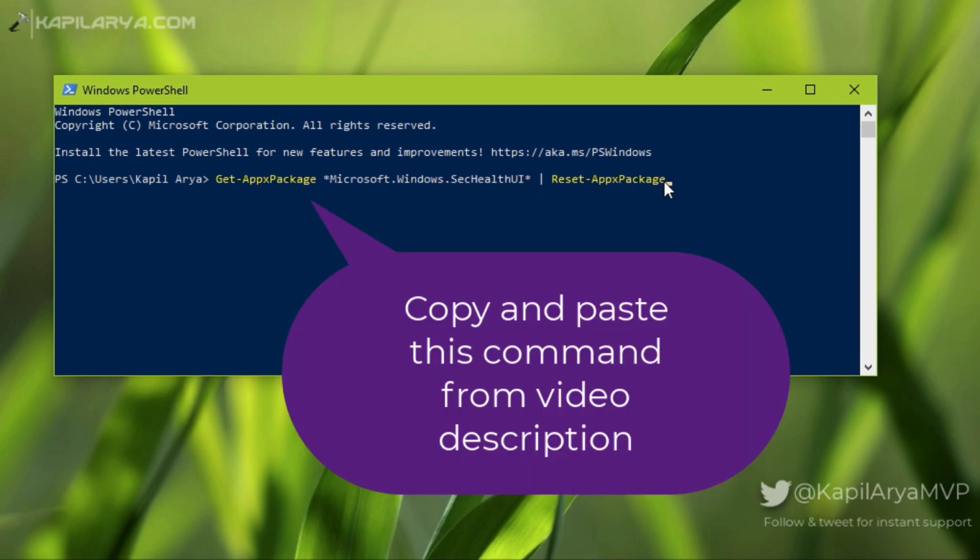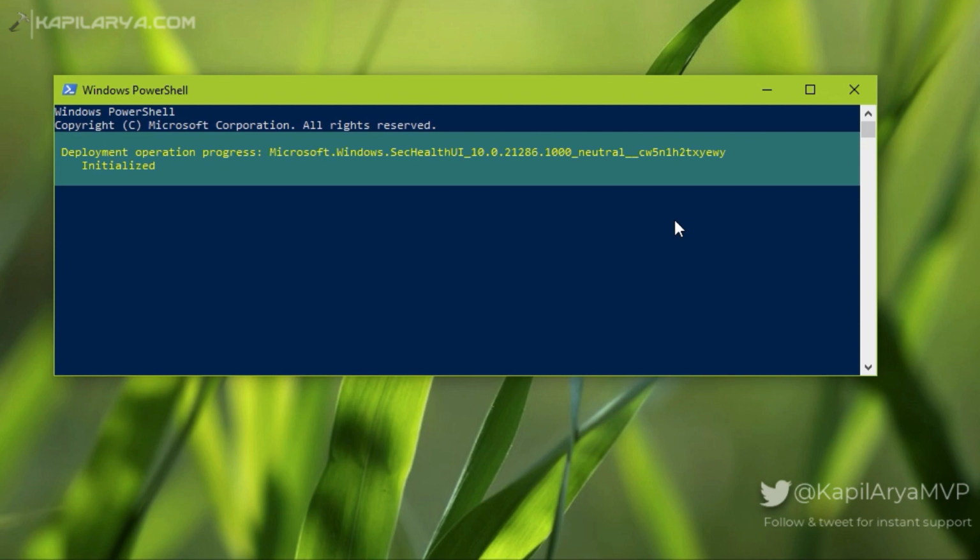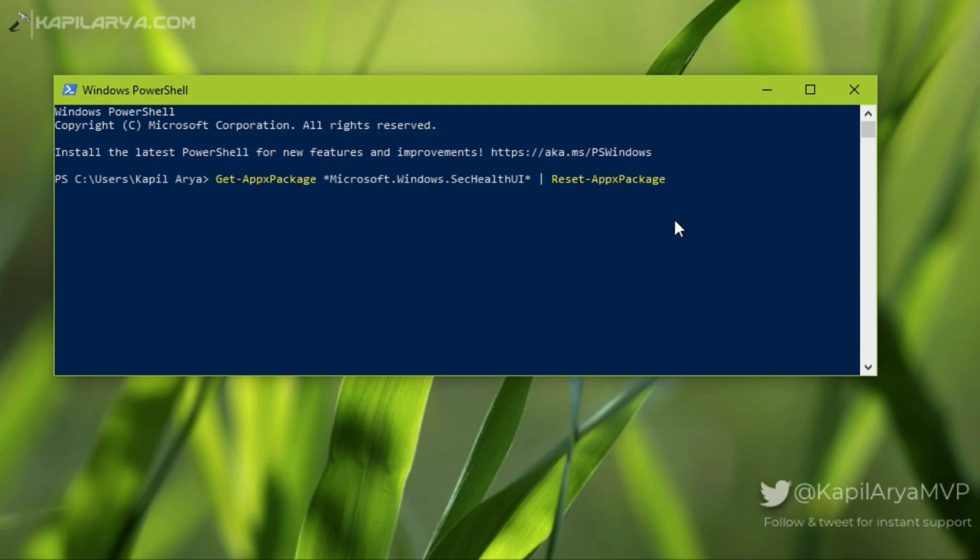So simply copy the command from the video description and paste it and press the enter key to let it execute. You can see that the command execution is now going on, and in a few moments the command will be successfully executed as you can see in this video.